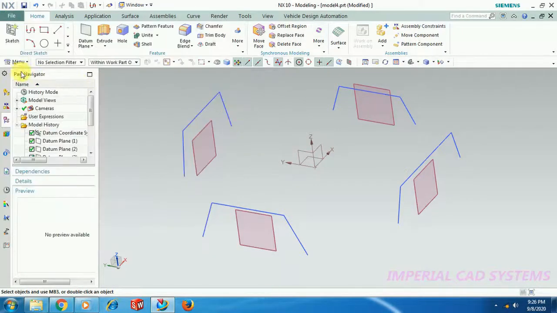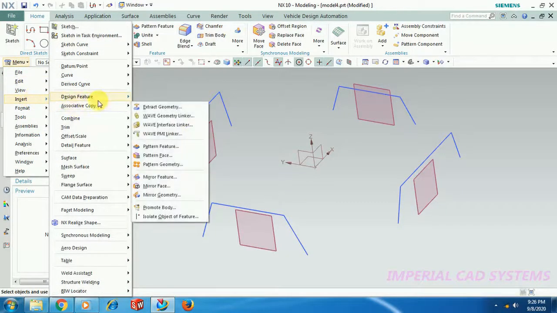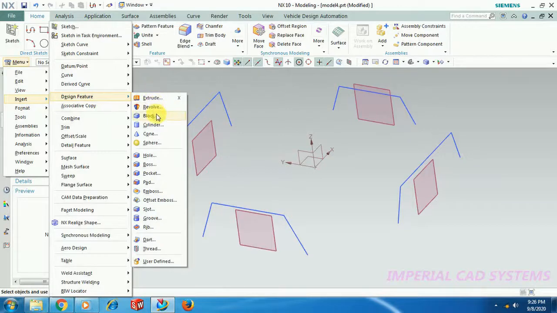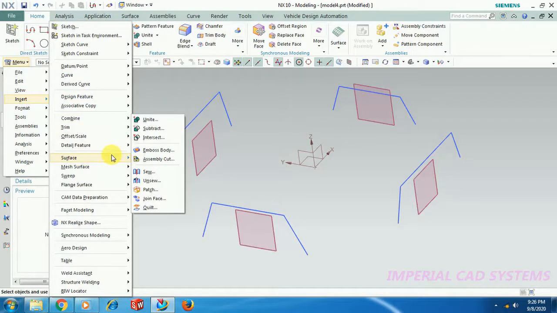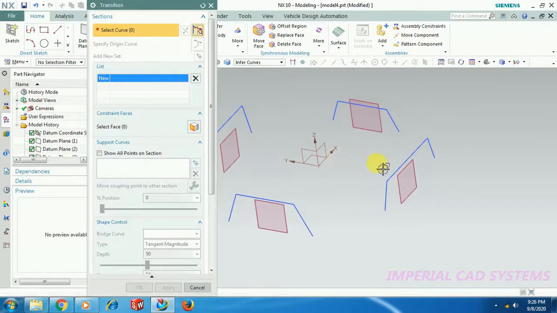Go for Transition: menu, Insert, sorry, not Design Feature, go to Surface, Transition. Select profile. In this you have to select properly. Select this, then go for Add New Set.